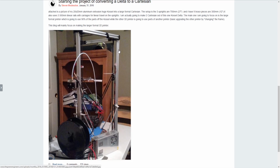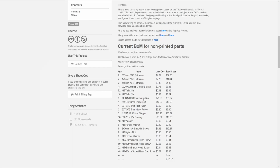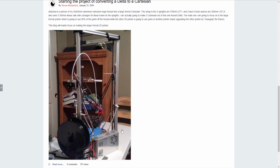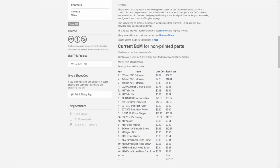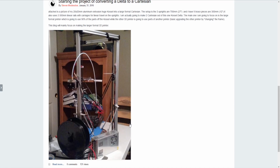Now, I have really long aluminum extrusion, I have all the end stock, everything, a full built 3D printer, and it turns out that if you go here and look at the build, and this is also why I picked this project, the bill of materials is almost exactly what I have on this 3D printer. Pretty much exactly. I actually have even more on this printer than I do on this bill of materials. And as you see at the end of this bill of materials, with all the extrusions and motors and T-slots, a whole bunch of T-nuts, bearings, fender washers, all that stuff, you end up with $261, while I have everything here, which I originally bought for $330. So,